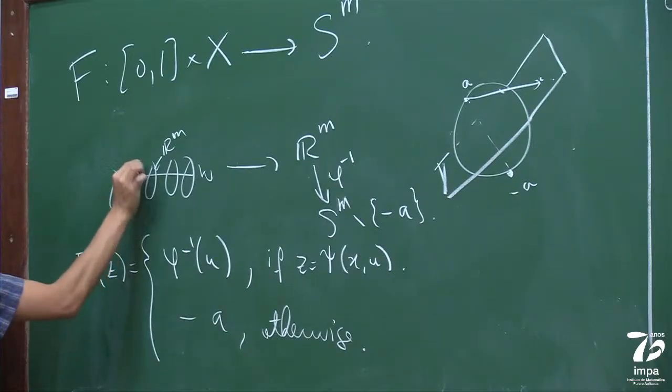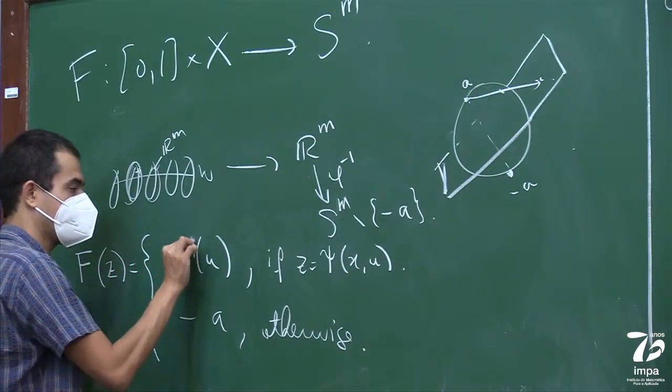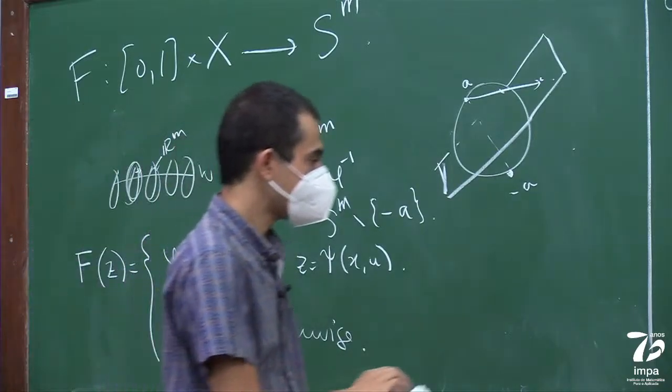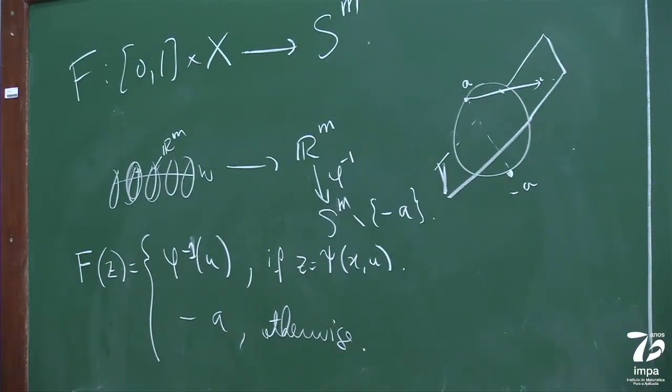Now for each of these, as you get close to the boundary, or to infinity in Rm, you're converging to minus a. So outside of this cylinder, with this tubular neighborhood, you can just set it equal to minus a. It's obvious this is continuous, and you have to check something to see it's smooth, but it's true. You don't have to perturb. It's already going to be smooth because the stereographic projection is so nice. So now what this is saying is we had these two submanifolds, 0 times x and 1 times x, and we created this cobordism.